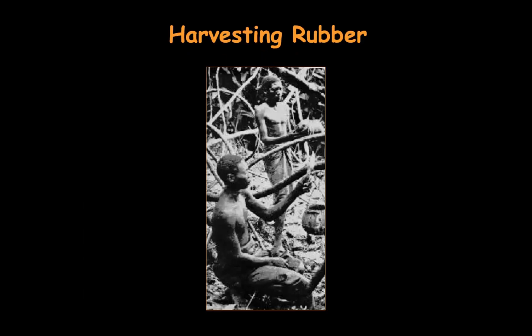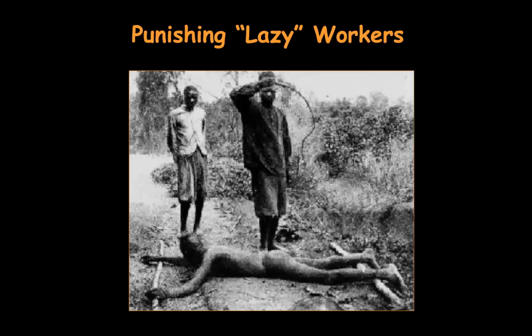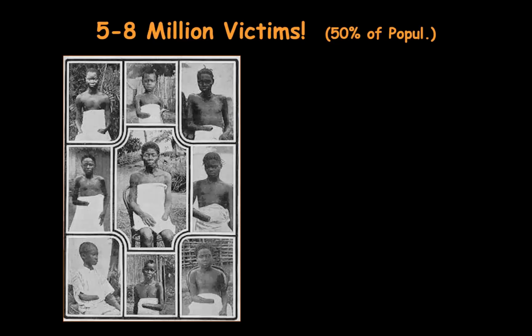And the big reason why he's there is because of rubber. There's rubber in the Congo, and so Leopold has his troops in the Congo getting people from that region to work for them as slaves. And you're going to see lots of pictures like this. It's not too different from what you might see coming out of an American slave plantation before the Civil War.